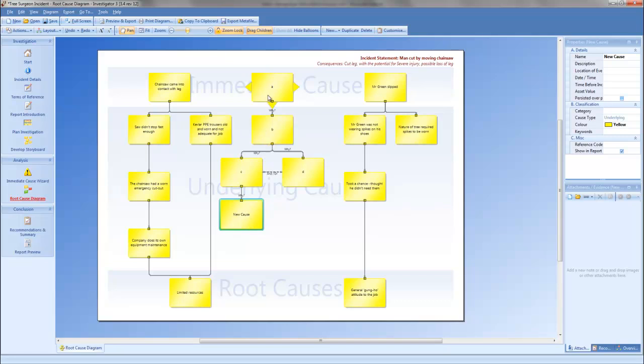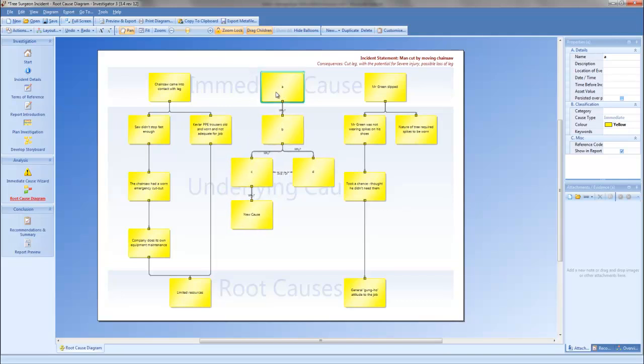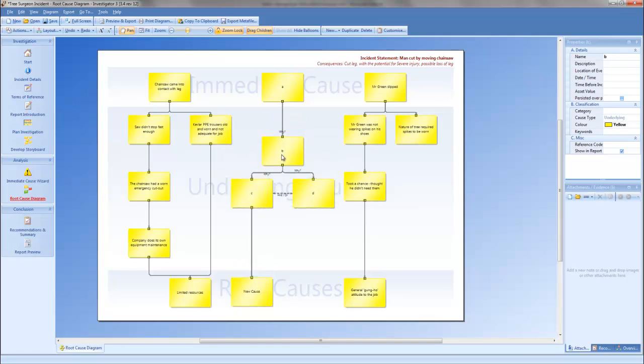To move the causes about, you use the left-hand mouse button, hold it down and move around like so. Or should you wish to move one independently of the others, you can just click on this to neaten it up. So I will put that down to be the root causes and I'll bring this down to be the underlying causes. Again, like the storyboard, should you have any evidence files to back any of these immediate causes, underlying causes or root causes up, you can change the color here